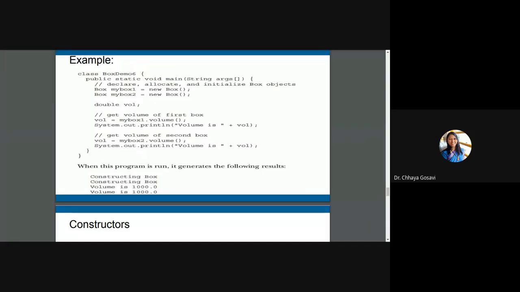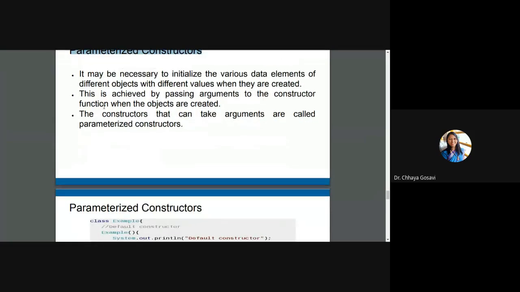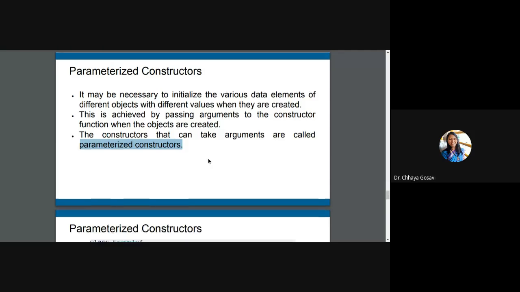If I want every object to have different dimensions depending upon the user, in that case we need a parameterized constructor. If you want different objects with different values, then we have to pass arguments to a constructor when the object is created. The constructors that take arguments are called parameterized constructors.